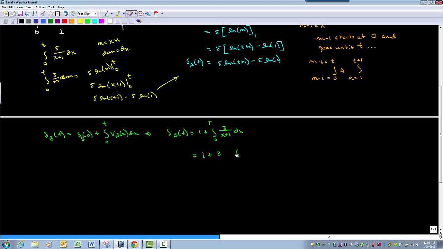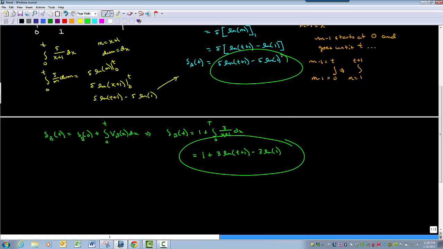Well, I'll write it all out. You can follow the same steps up here, but this is going to be 3 times the natural log of t plus 1 minus 3 times the natural log of 1. Now all we got to do is to figure out when their positions are the same, if they do run into each other, take this guy and set it equal to this guy, and you'll figure out at what time